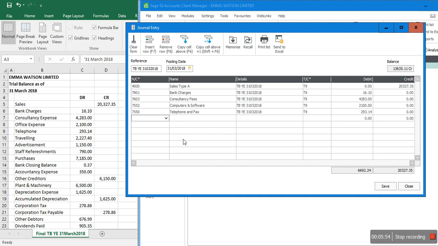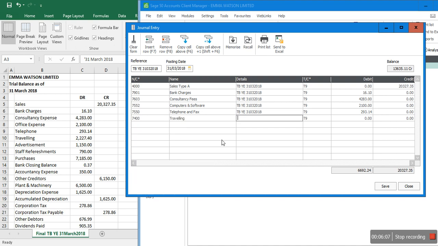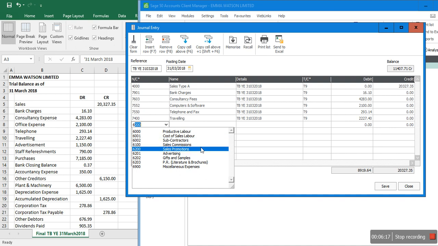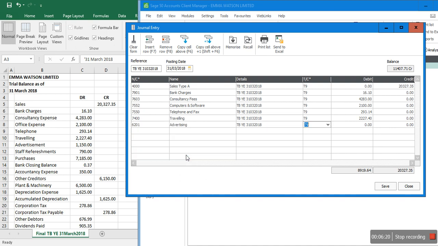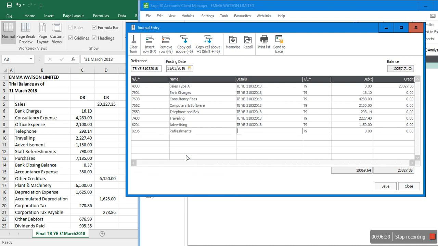293.14. This is traveling, 7503. Traveling is going to be 74 somewhere. Yeah, 7400 is 222.740. And then I have advertisement, starting with 6. So advertising is 1150. Staff refreshment starting with 8, if I'm not wrong. Yeah, refreshments,